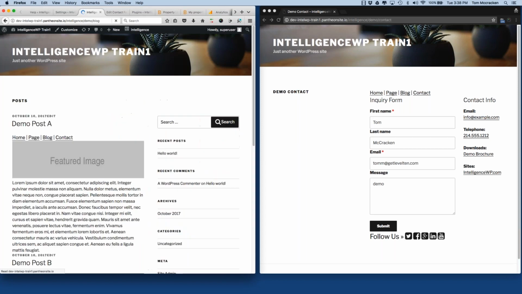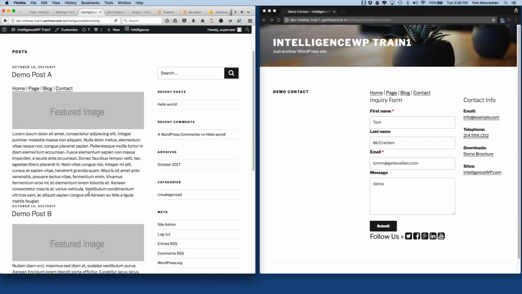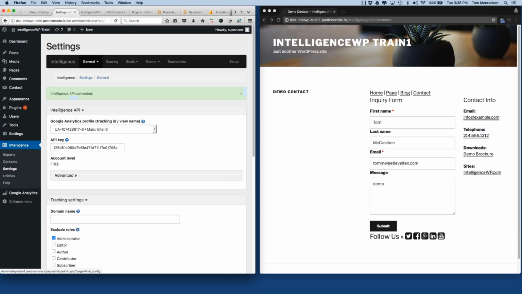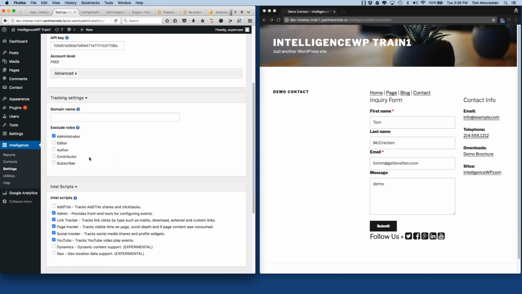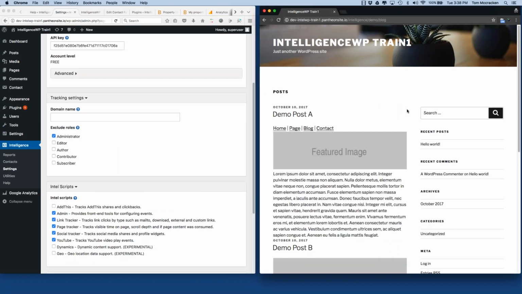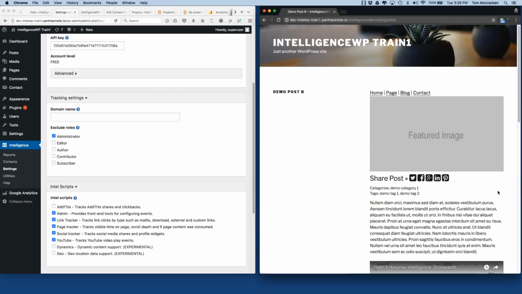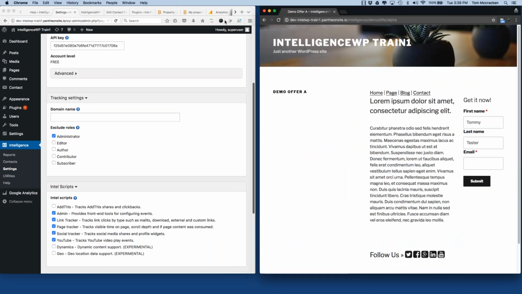And now when I go back to my blog, one of the things I'm going to need to do is this over on my anonymous page, because right now I have tracking turned off for the admin. So I'll show you where that setting is. Right now I'm logged in as the administrator and I'm excluding tracking for the administrator. So I need to be an anonymous person to actually trigger that event to go. And so then if I go to my blog post B and I click on my CTA,